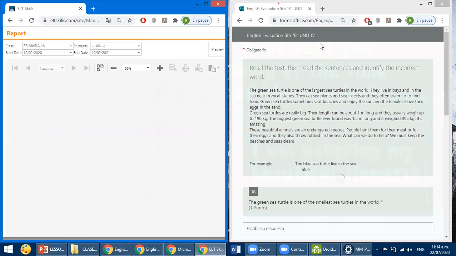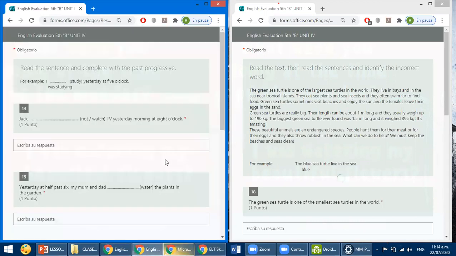Espérame, teacher, una pregunta. Dime. En las preguntas que son para escribir, ¿tengo que escribirlo todo con minúscula o todo con mayúscula o cómo? Tienes que escribir de la forma correcta. Fíjate en el ejemplo. You have an example. For example, you have a sentence. And this is the answer. Look. This is your example, Shani. Okay? Look at the example. You need to look at this. Esto es lo que pones en la respuesta.